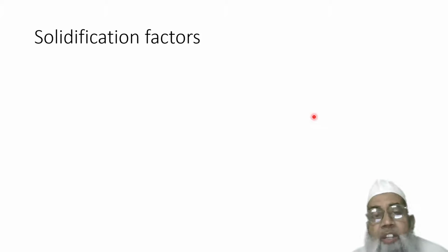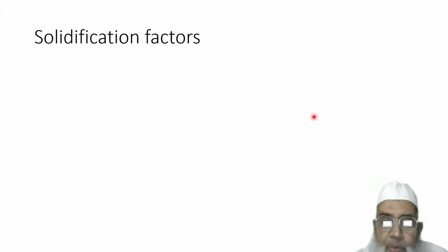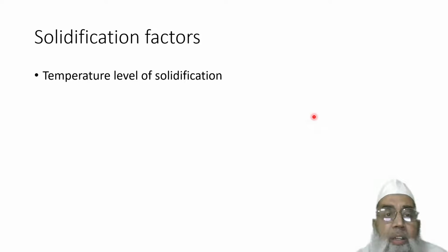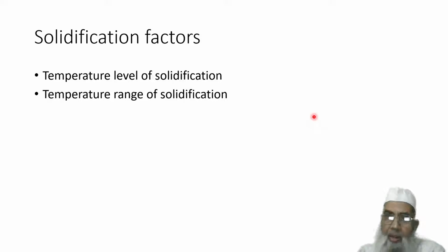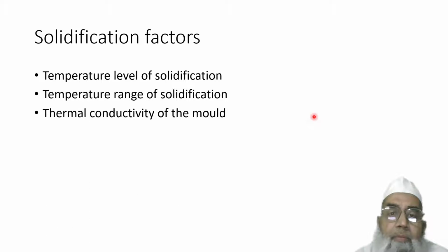Now there is another thing, the solidification factor, which is also taken into consideration, because the temperature level of solidification is high and the range of solidification is also high. The steel solidifies over a very wide range. If you look at the phase diagram, you will see that the steel has a very wide range, and the level of solidification is also very high, and therefore we have to consider